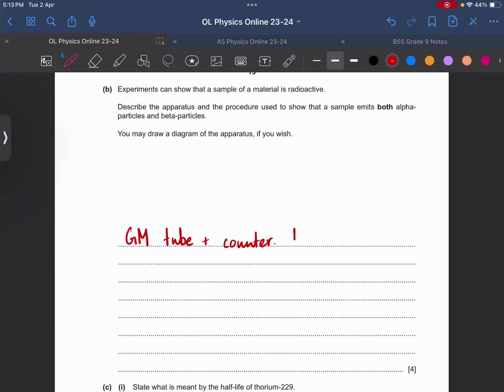तो अल्फा को आप कह सकते हैं दैट यू यूज थिक पेपर, एंड इफ काउंट ड्रॉप्स दिस मीन्स इट emits अल्फा। ठीक है, सो काउंट अगर ड्रॉप हुआ तो इसका मतलब ये अल्फा है। और दूसरी चीज आप ये कह सकते हैं कि फॉर बीटा यू यूज एल्यूमिनियम।